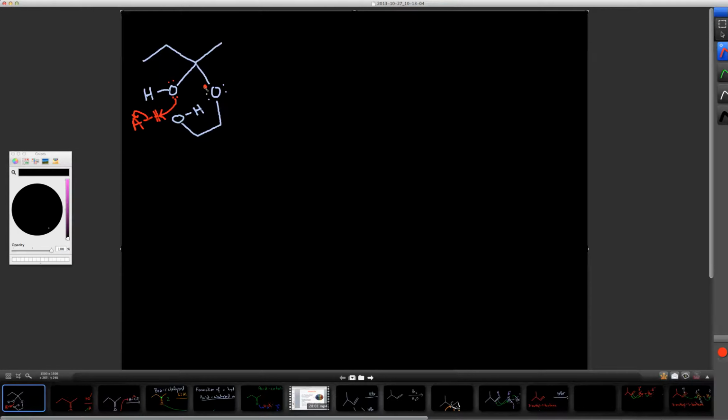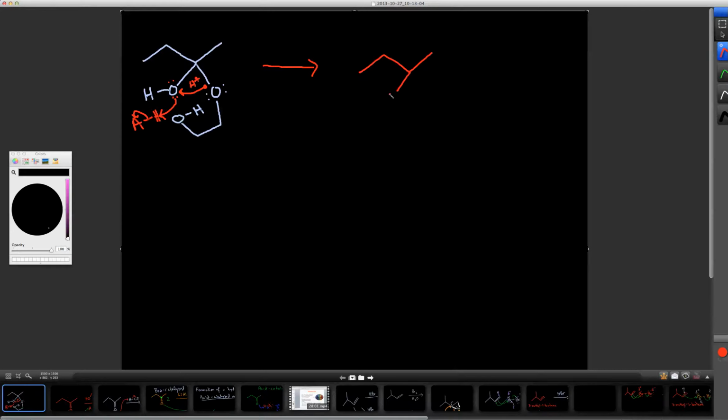So from here to here, we've done a proton transfer. And we've accomplished this with the help of a proton transfer agent, our conjugate base of our acid and the parent acid. At the end of this, we now have a molecule